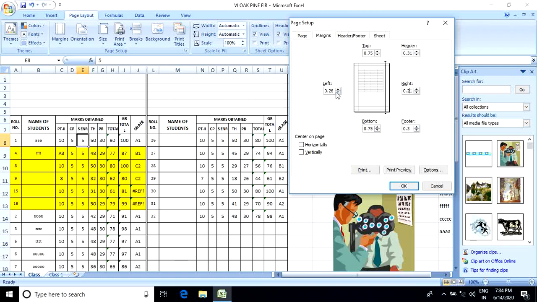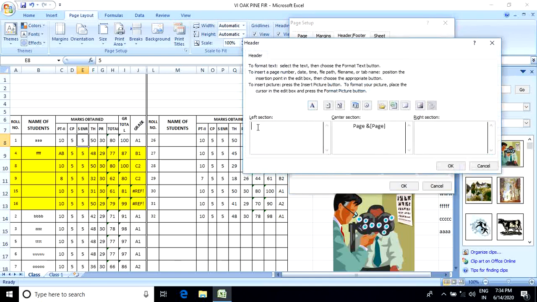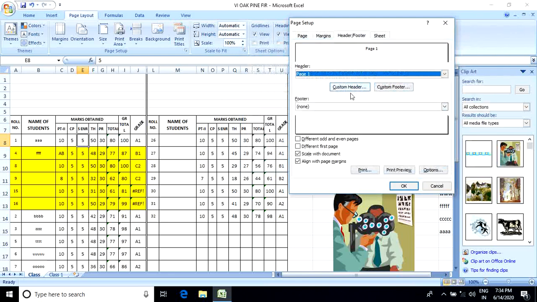You can increase the value or decrease the value. Header and footer, you can choose here, header none. You can set page 1, page 2, page 3, or custom header. You can write anything from here and select the header or footer portion.